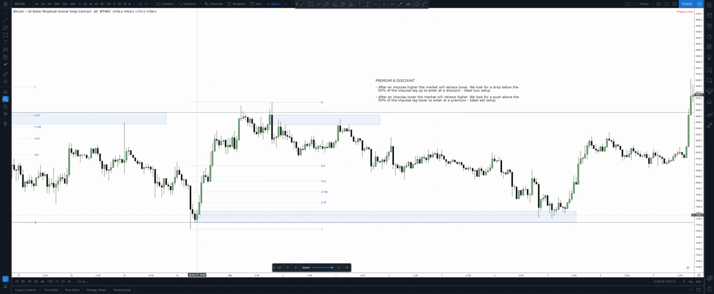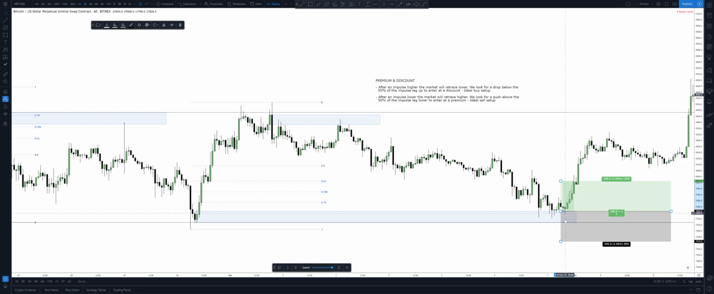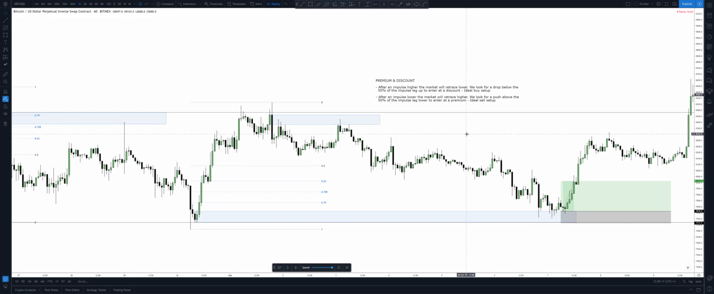We highlighted this OB. We got a fair value gap right here, so we know price wants to refill this to rebalance itself. So we want to be entering at this OB. And you got numerous chances to enter. Stop should go below the low of this order block. And our target is,